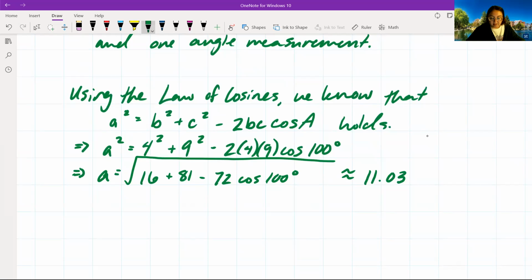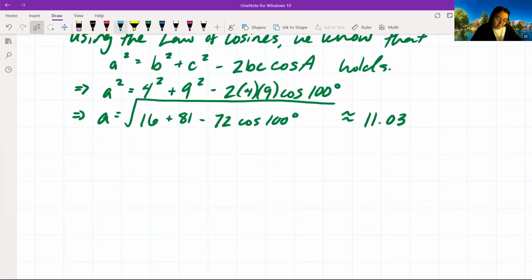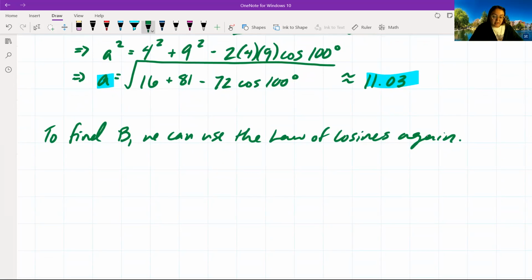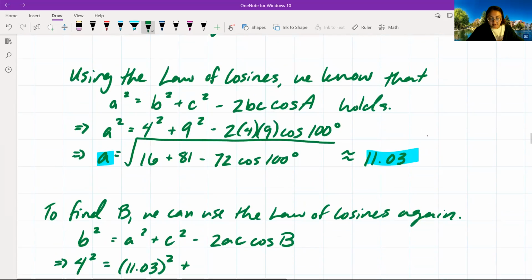So we found the value of our side length A. Now we want to find the angle B. To find B, we can use the law of cosines again. We know that b squared is equal to a squared plus c squared minus 2 times a times c times cosine of b. Plugging these values in, b is going to be 4, so we get 4 squared is equal to a, which we stated was 11.03 squared, plus c squared, which was 9 squared,